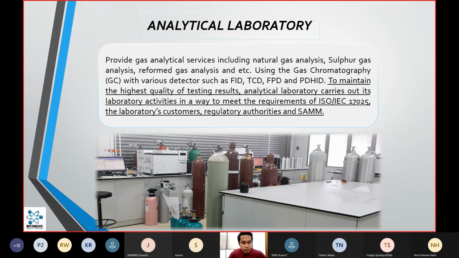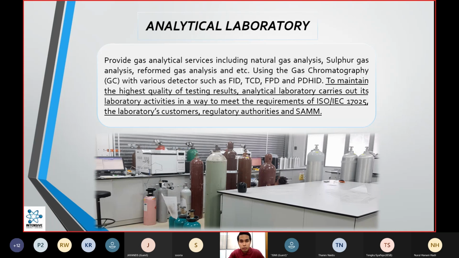The laboratory has its own standard operating procedure, or what we call SOP, that complies with ISO 17025. The laboratory also has its own QC check, or quality control check, to achieve results that are valid to the client's request, to make sure of the quality of the final product before it is shipped to the client. So we move to the next.